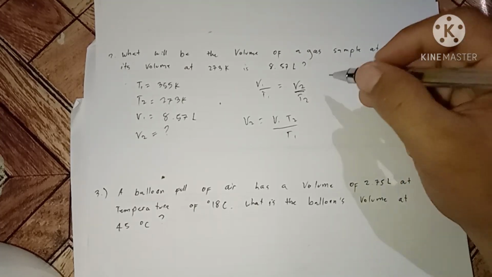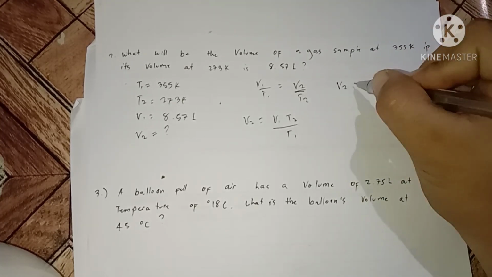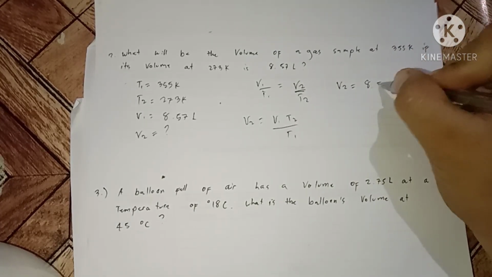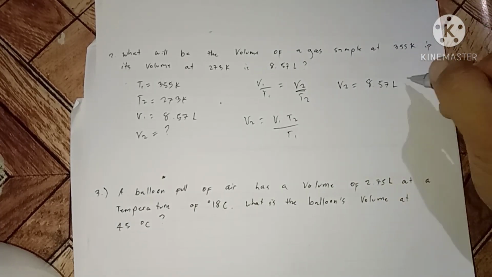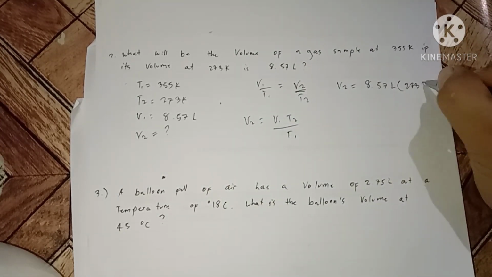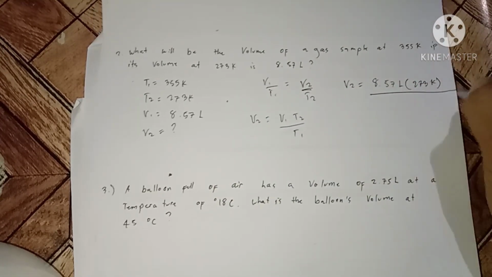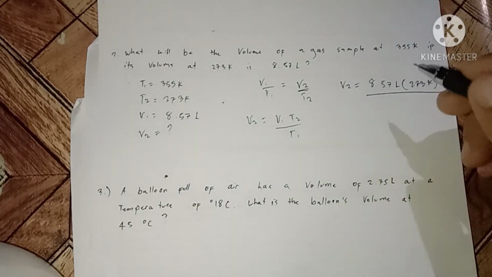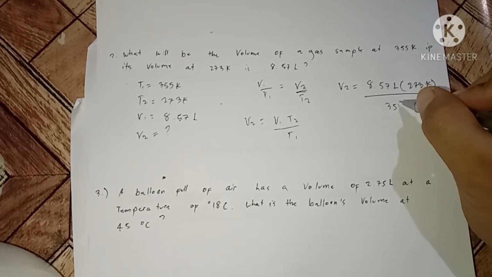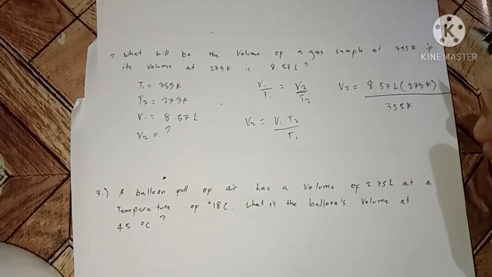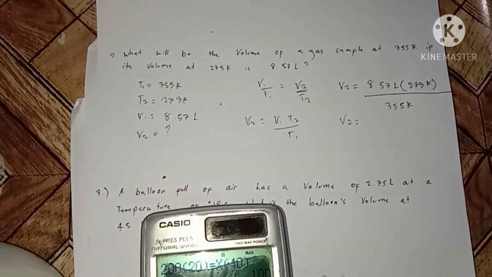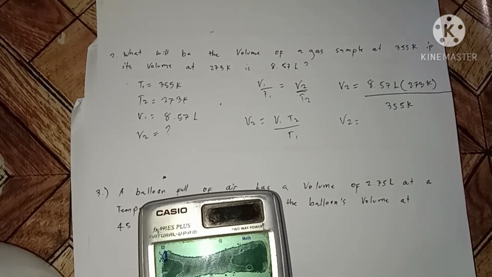So let's proceed. V2 equals the value of V1, 8.57 liters, times the value of T2, 273 Kelvin, over the value of T1, 355 Kelvin. So V2 equals, shift solve,